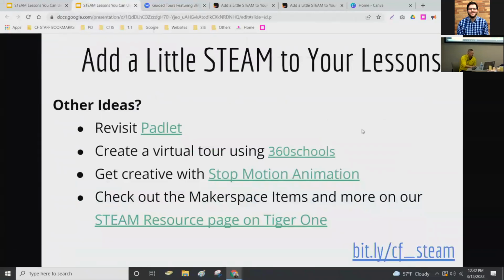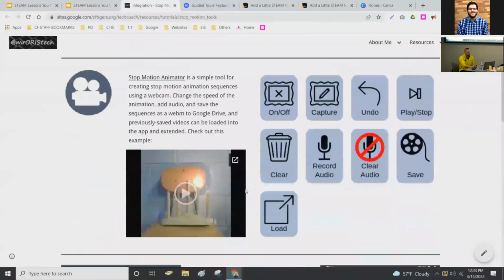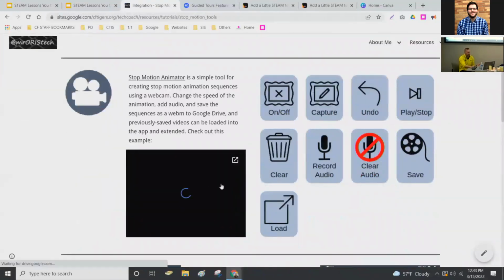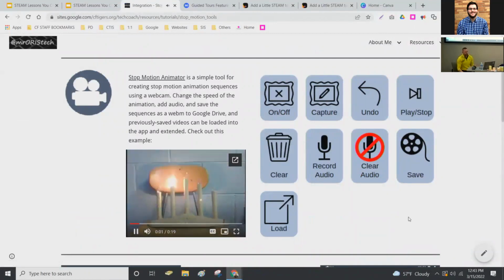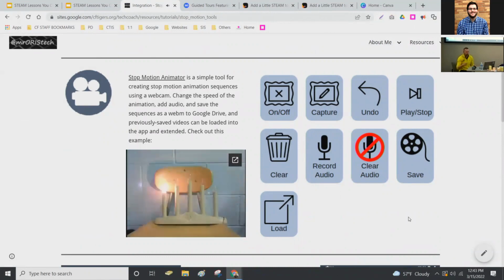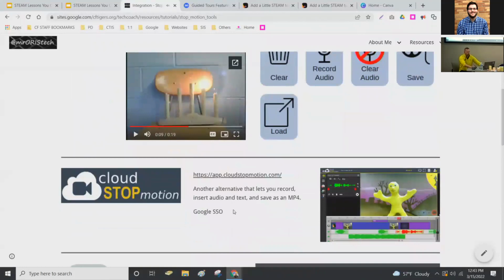The other one, very similar to Canva with students doing a news report, but I just thought of this yesterday and I had to add it, is students creating stop motion videos. There are some different ones, but like this student, it was music class, music creation. They just untwisted light bulbs, and the stop motion creator is just taking pictures one at a time. It doesn't have to be for music, it doesn't have to be for a specific need, but there's a lot of tools.